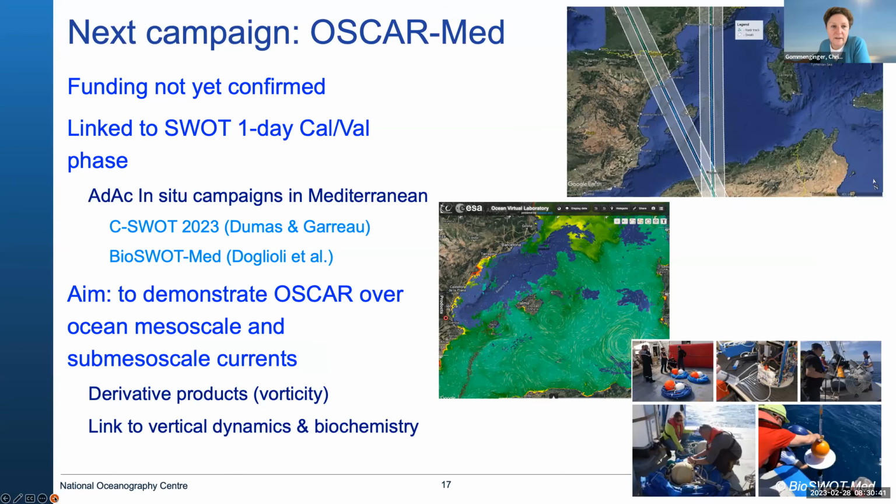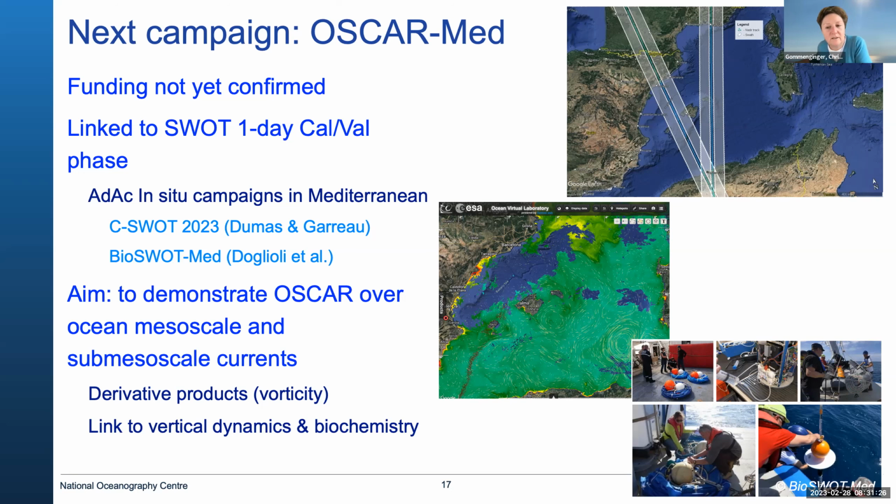But we're thinking already about our next campaign. So far, all our measurements have been taken in relatively energetic regions, so regions with very strong tidally dominated ocean conditions. And so we'd like to fly OSCAR somewhere else. So we have proposed to ESA to fly OSCAR in the Mediterranean, in what we call OSCAR Med. The funding is not confirmed yet, but we have reasons to be optimistic. I think one reason for this is that it is linking to the SWOT one-day CalVal phase, and we are trying to essentially